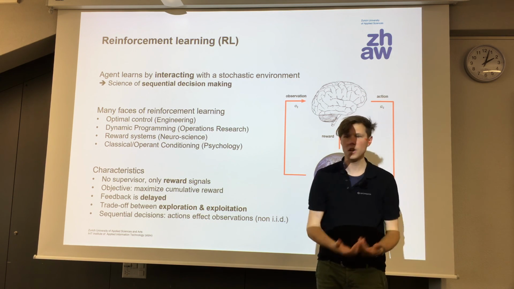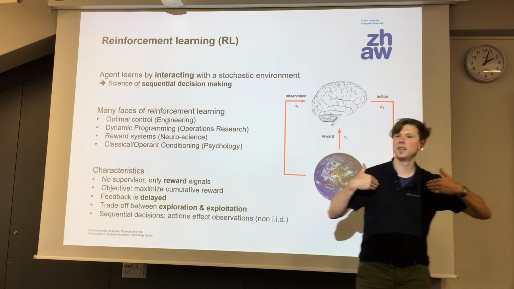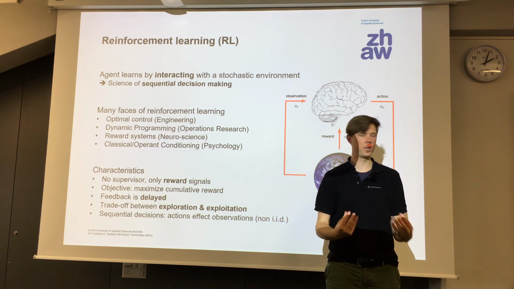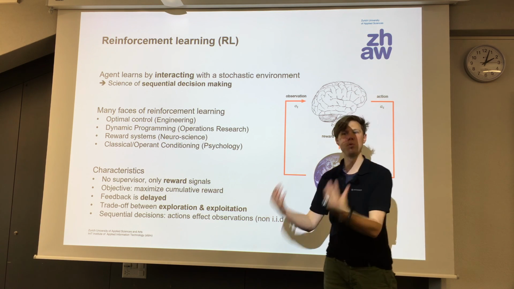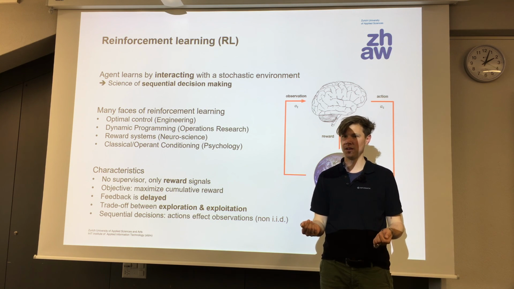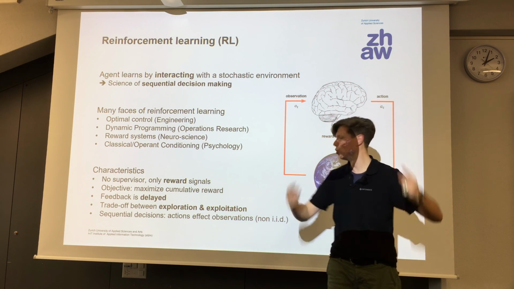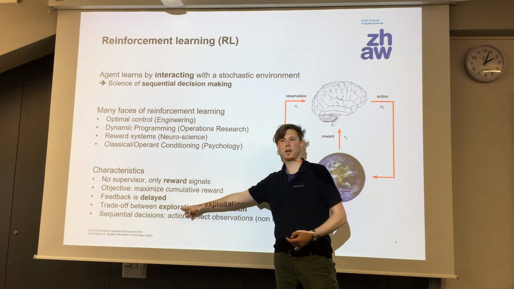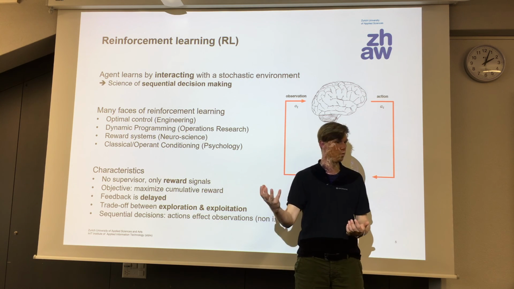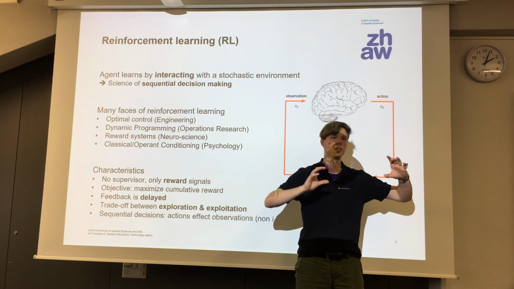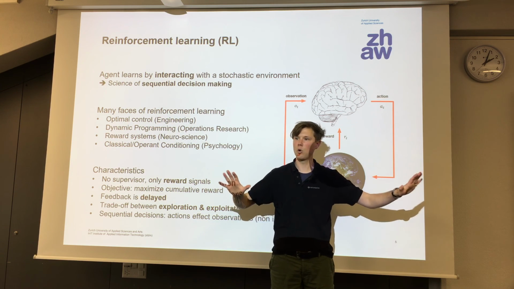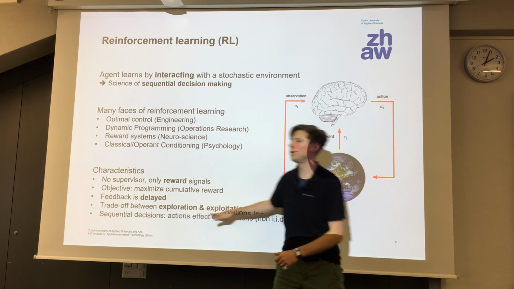When you have learned for some time, for example, I as a teacher now have 6 years of experience of teaching at ZHAW. When I'm always doing what I learned works well, then I will never improve again. If I try to learn from the evaluation you just gave me, I can still improve, but that means exploring new stuff that could also go very wrong. If I only exploit what I already know, I will never improve again, but it will also never go wrong, nothing unexpected will happen. But in order to improve, I have to explore new things, and that could go horribly wrong. This is a trade-off that a reinforcement learning agent is in.